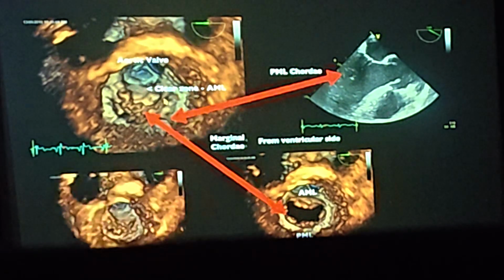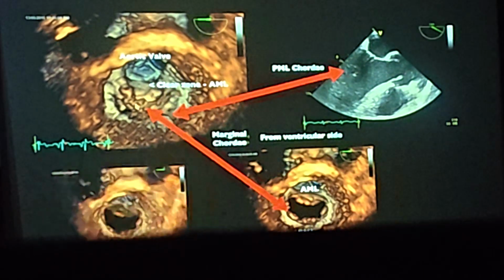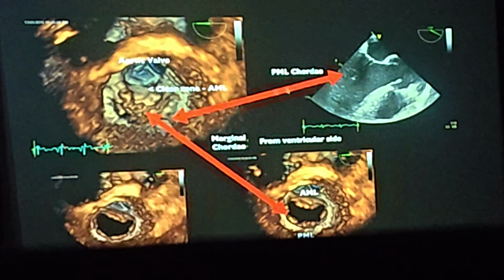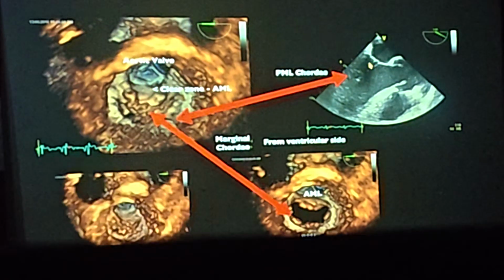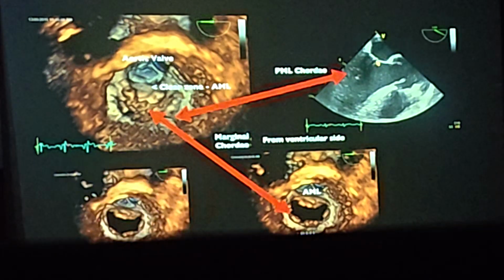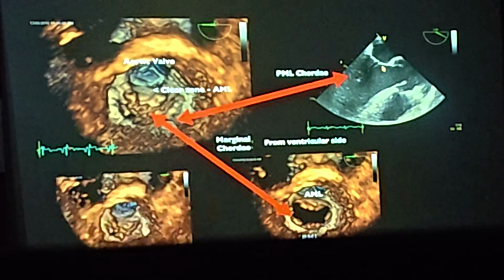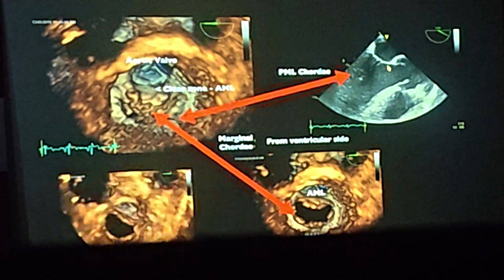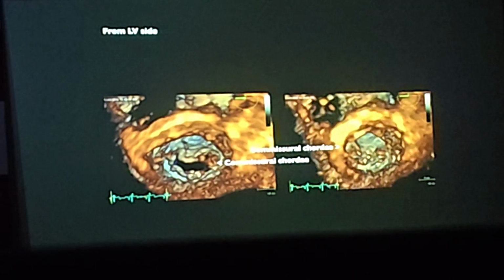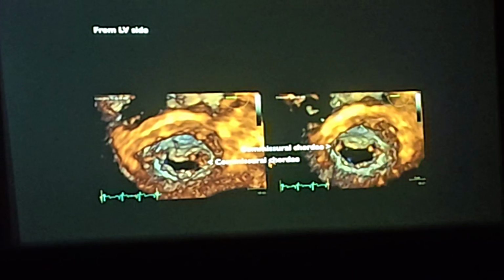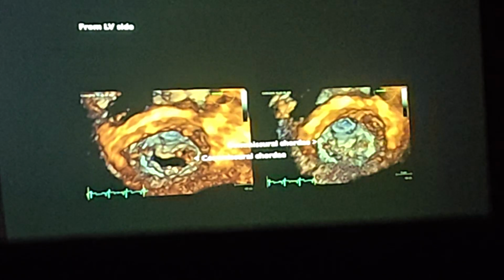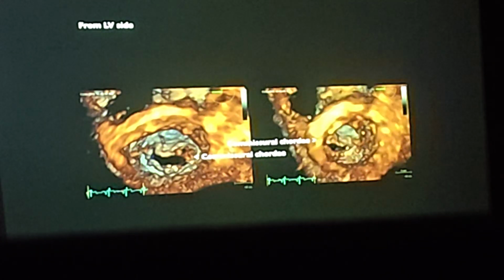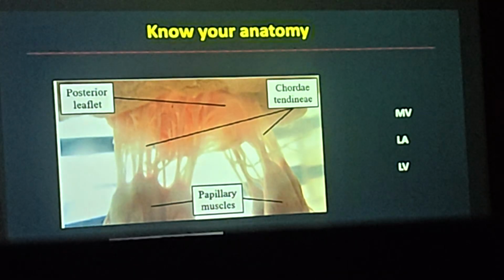Anything beyond this, as you go a little further towards the commissure, you start to get more and more chordae. And as you can see here, PML has got more chordae. So this is again looking at the transesophageal view. And then if you look at the AMLs, this is the clear zone, so not many chordae over there. And of course, there are commissure chordae also. So the more medial and more lateral you go towards the commissures, you have a lot of chordae. So you have to be aware of that also.